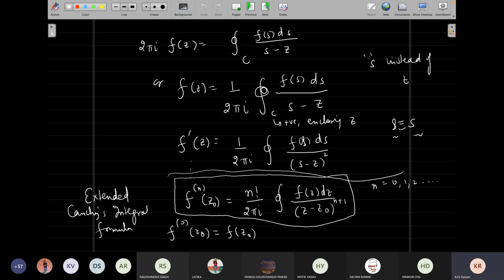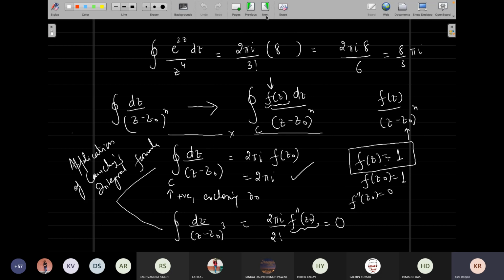Integrals, of course, you have already seen, do not exactly follow the real integration pattern. But this one statement, that if the function is analytic then all orders of the function are analytic in the same domain, takes the essence of analytic functions, the complex valued functions of complex variables. So with this point, I do not want to dwell further on it, since our idea is to keep on applying it. So try to do as many examples as possible.